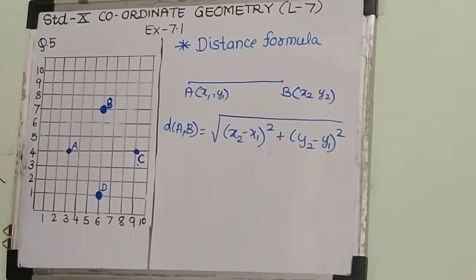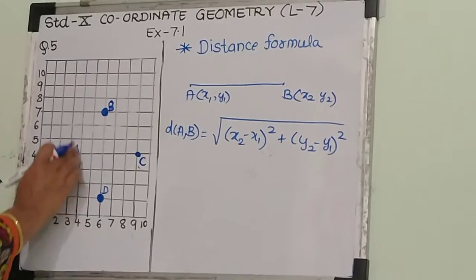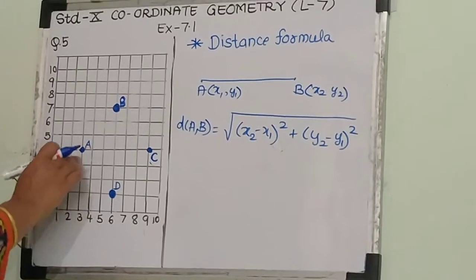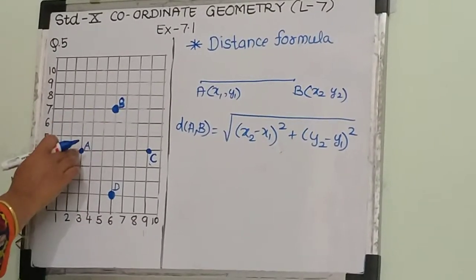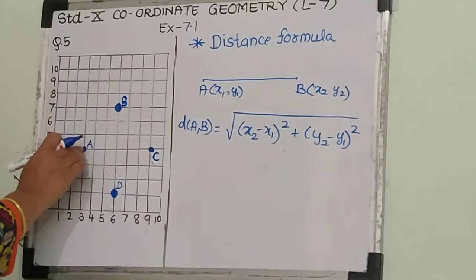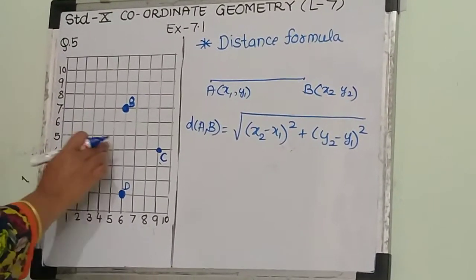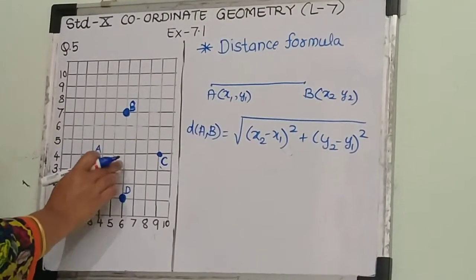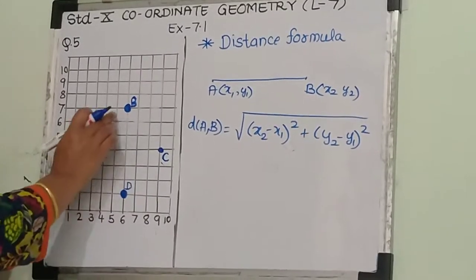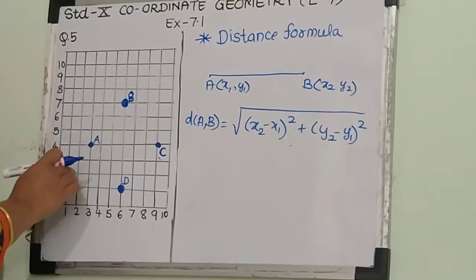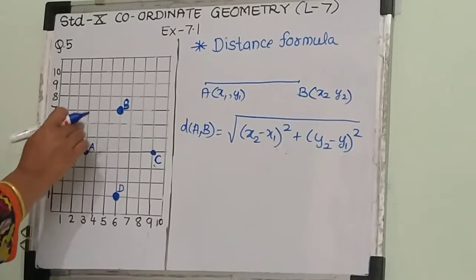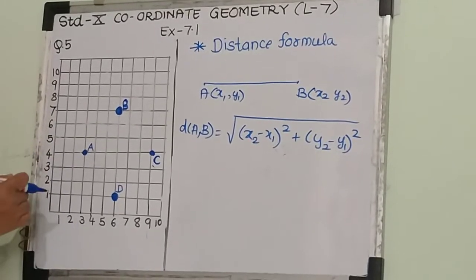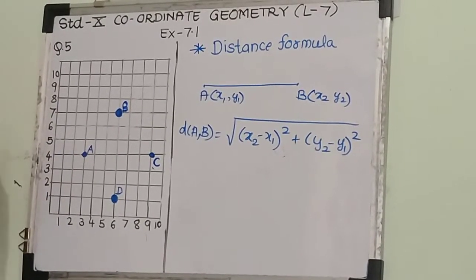So what do we have to find out here? The 4 students are seated in the classroom. So first we have to find the distance between all the 4 students. It means A to B, how much distance is there? Then B to C, how much distance? AD and CD. So we are going to find all the 4 distances, and on the basis of this we are going to find out which type of quadrilateral it is. So before going to this question, I am going to tell you one more